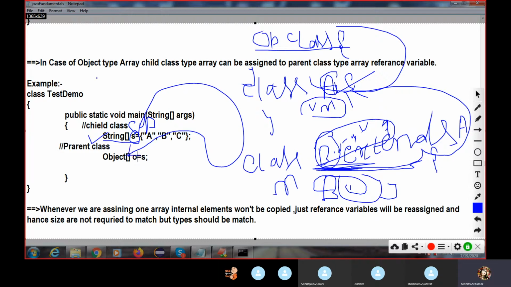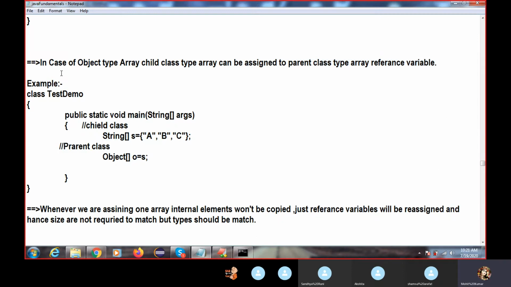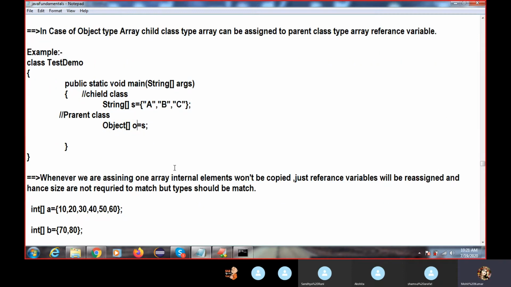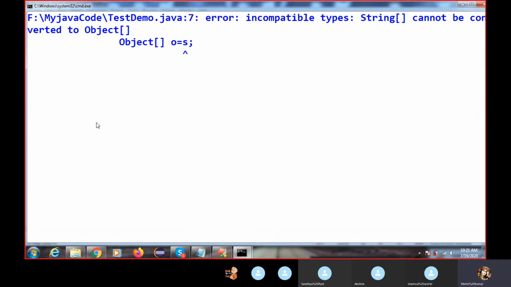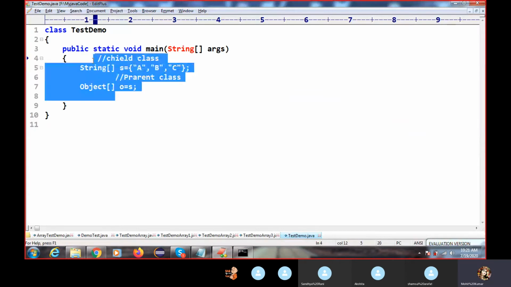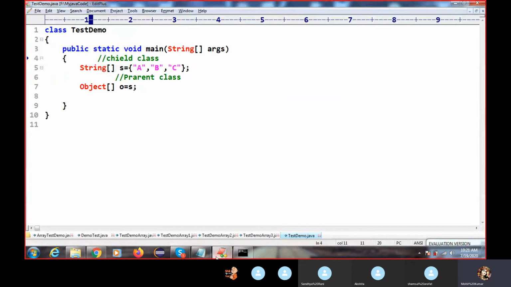Got it, right? So this is what I have written here. That's it, this is another concept. If you execute my code, it will not work, but you can try in your system, it will work for you.